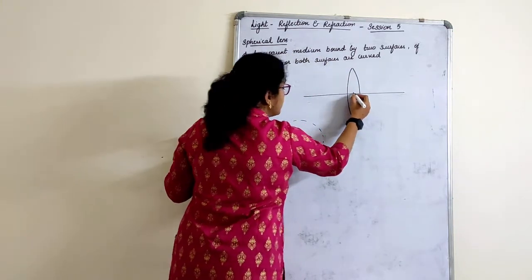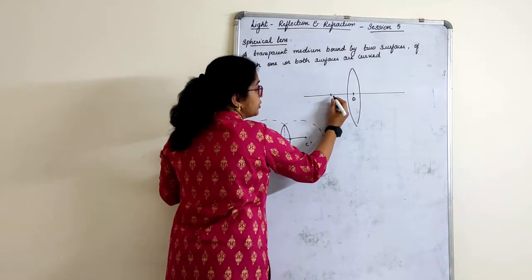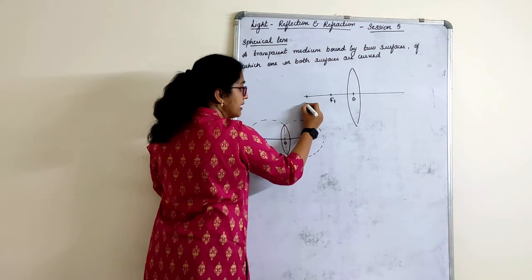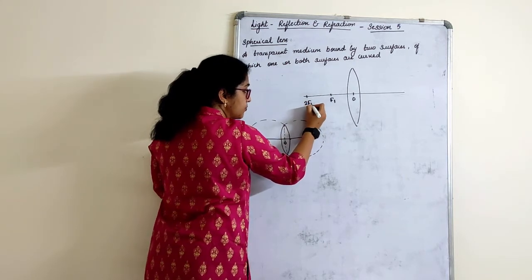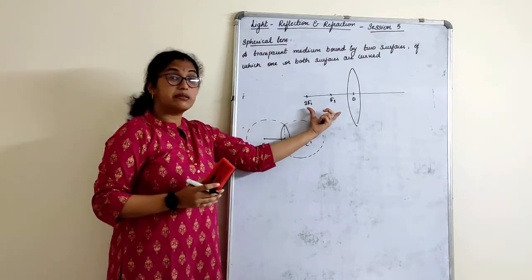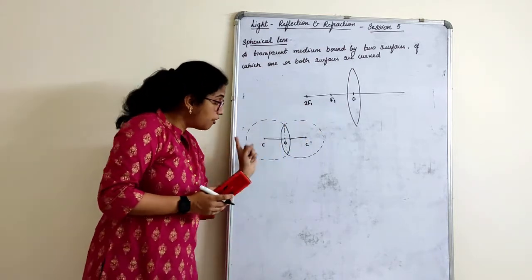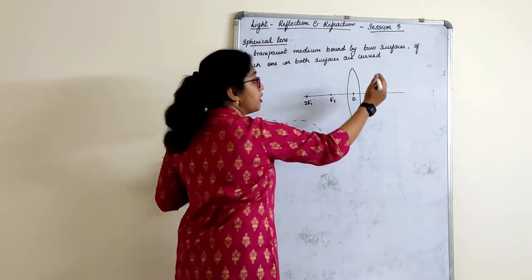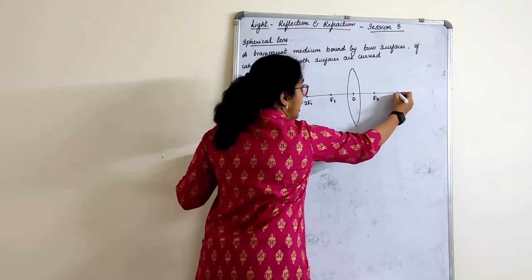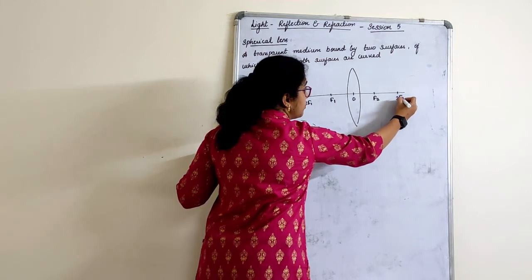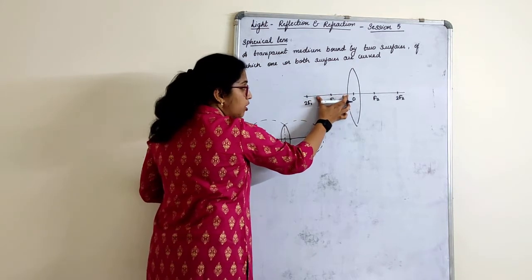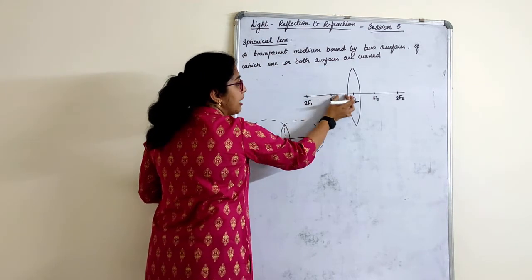This is the optic center. Exactly the distance you measure here is called focus 1. Double that is twice the focus 1. Similarly as we have the focus and the curvature here, we have them on the other side of the lens. On the other side of the curvature of the lens, we have f2 and twice f2. That means this measurement is half of this whole measurement.